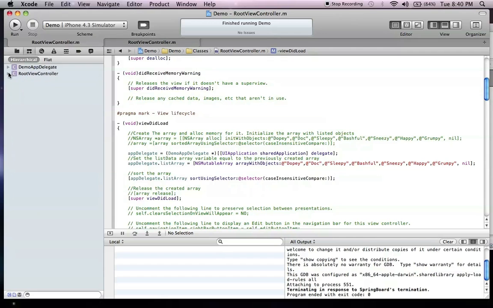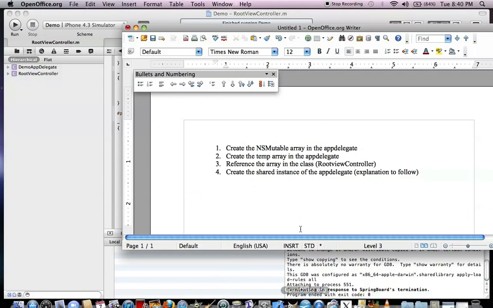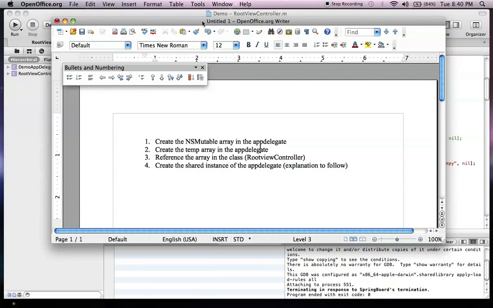So, what did we do in this session just to close out? We now have a connection to the demo app delegate as the pipeline. It now contains this river of information to us. We can create the array, we can add, delete stuff from that array, we can modify it, we can do whatever we want. If we're dealing with SQLite, even for example, where we need to do more than one thing,